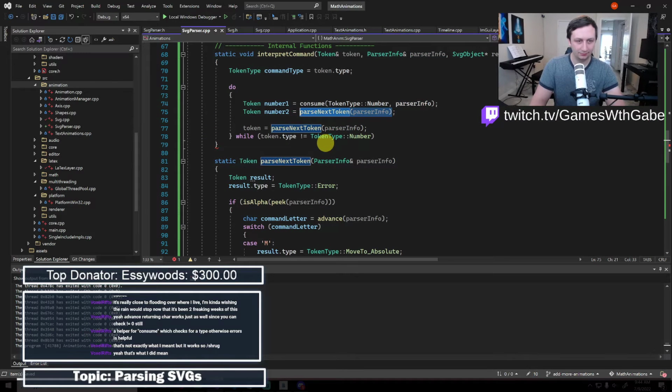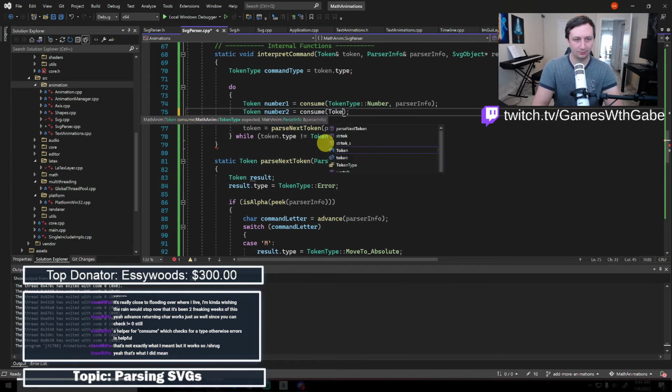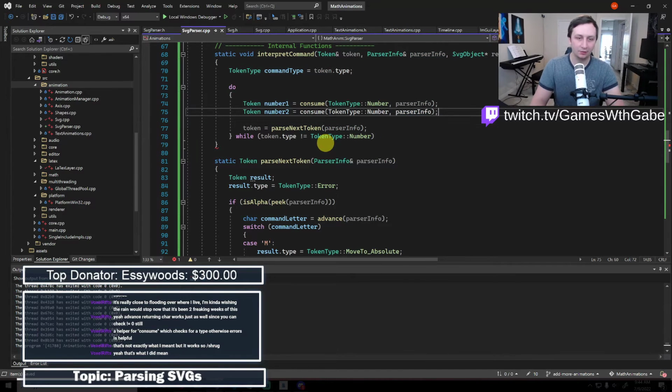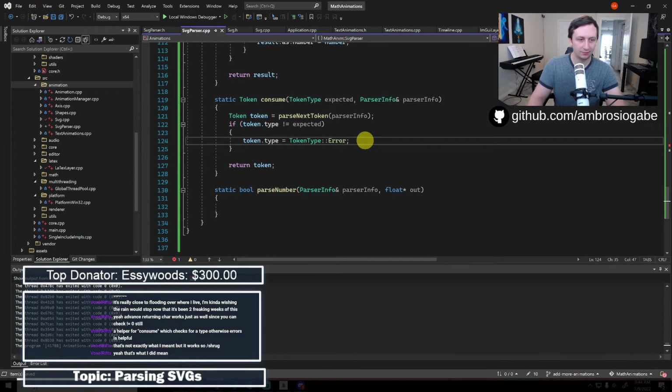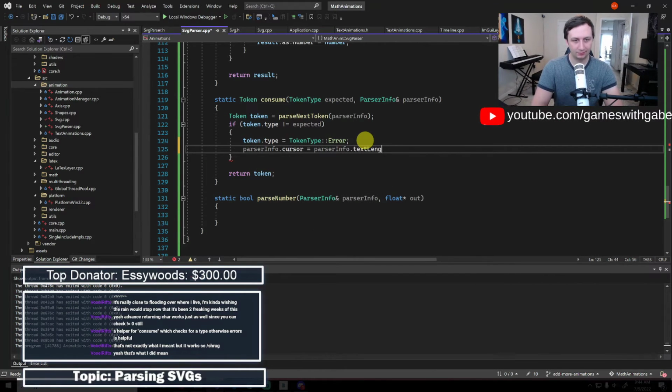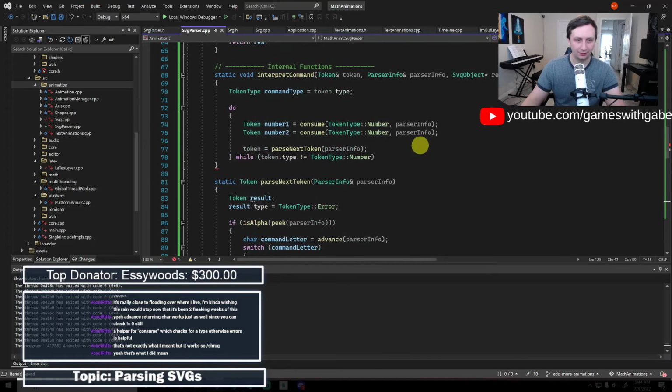And then consume. And then I probably want some way to, so what I'll also do is I will say parser info.cursor equals text length, just to advance it to the end. So it should trigger everything to just end, right?